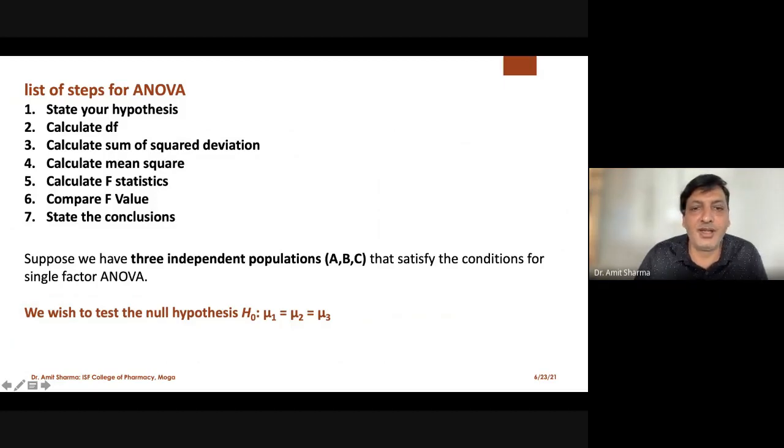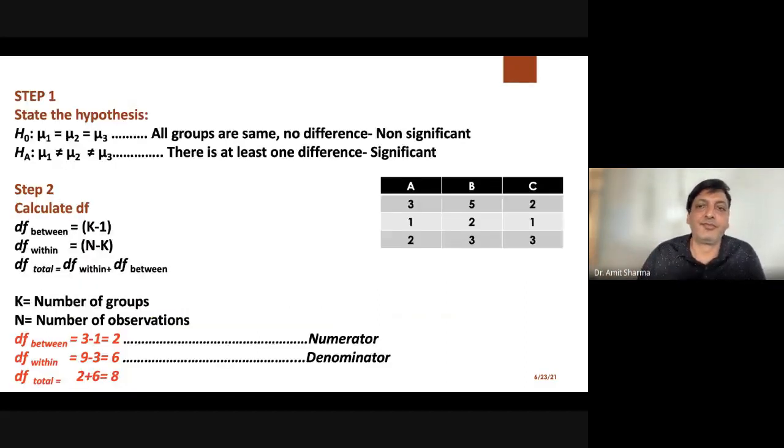But what I recommend is this, because the examiner gives marking based on step marking. From the student's point of view, I'll ask you to go for these 7 steps, so that if you reach step number 4 and are not able to finish the numerical because of less time or because of an error, at least you are going to gain half marks or 60% marks. That is not possible with the shortcut method of ANOVA.